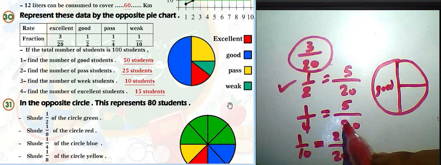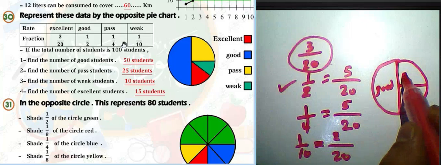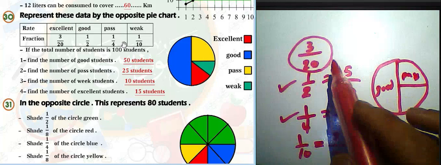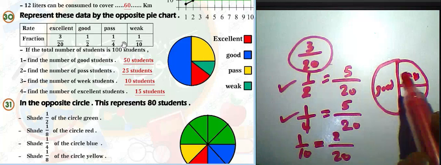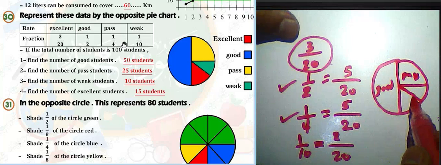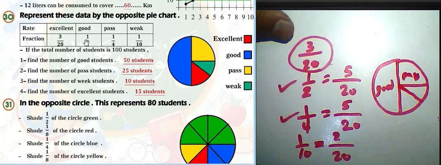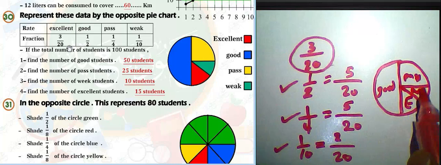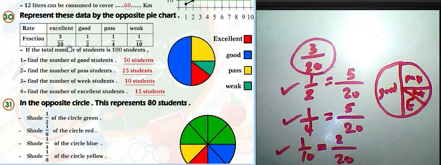5 over 20, a fourth, about what? Fourth, pass. But what about 3 over 20 and 2 over 20? 3 is greater than 2, so the greater part here is 3 over 20. Okay, about what? Excellent. And 2 over 20 is the least, weak. Okay, understood. To draw this fraction, you must convert to